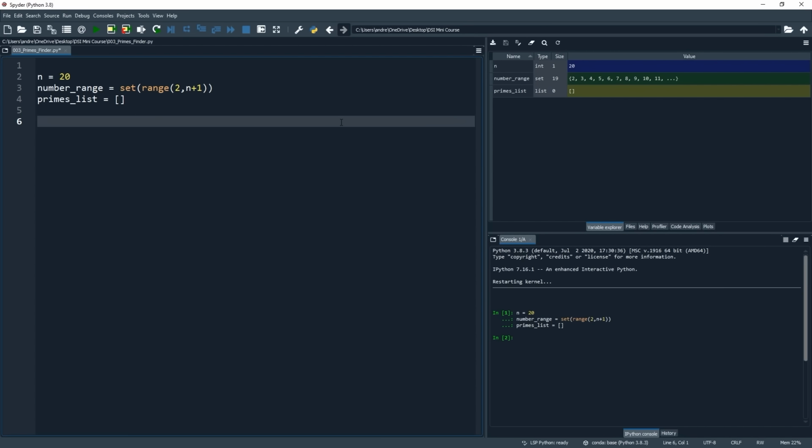Now we are going to end up using something called a while loop to iterate or loop through our set of numbers and check for primes. But before constructing a loop, I always find it valuable to code up the logic and then iterate manually first. This means I can check that it is working correctly before I set it off to run through everything on its own.